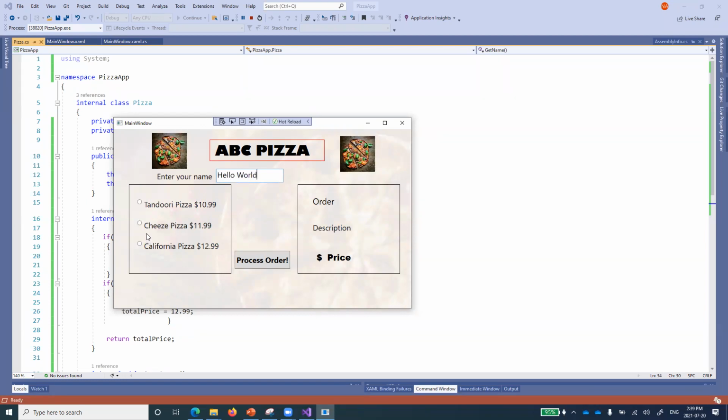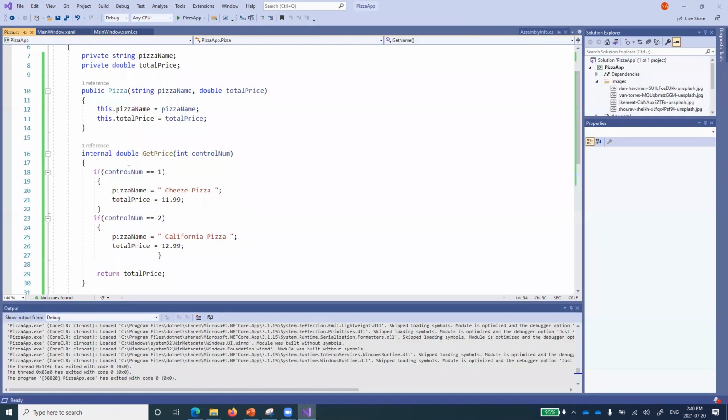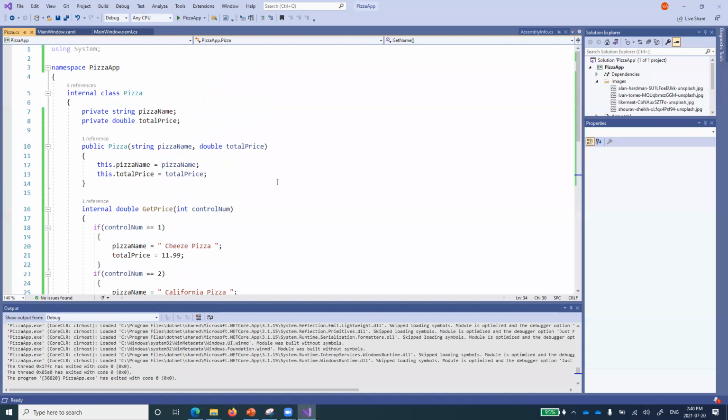So whatever you type over here, whatever you select from this radio button, and you're done, and you will see the message over there. Was that an interesting project overall? Because the interesting part is that we have implemented very basic object-oriented techniques over here.